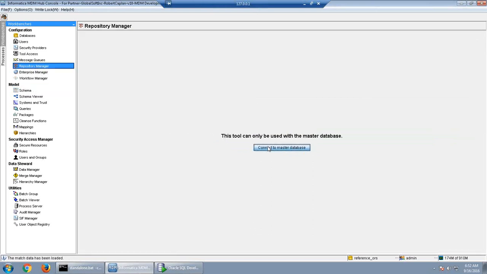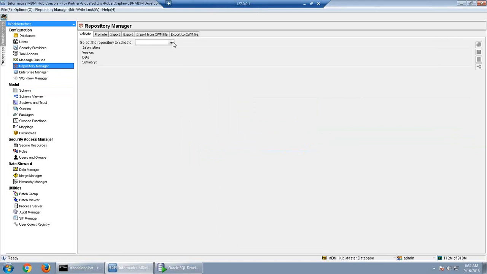We'll just validate it and try if it works, otherwise we'll have to reload the data.